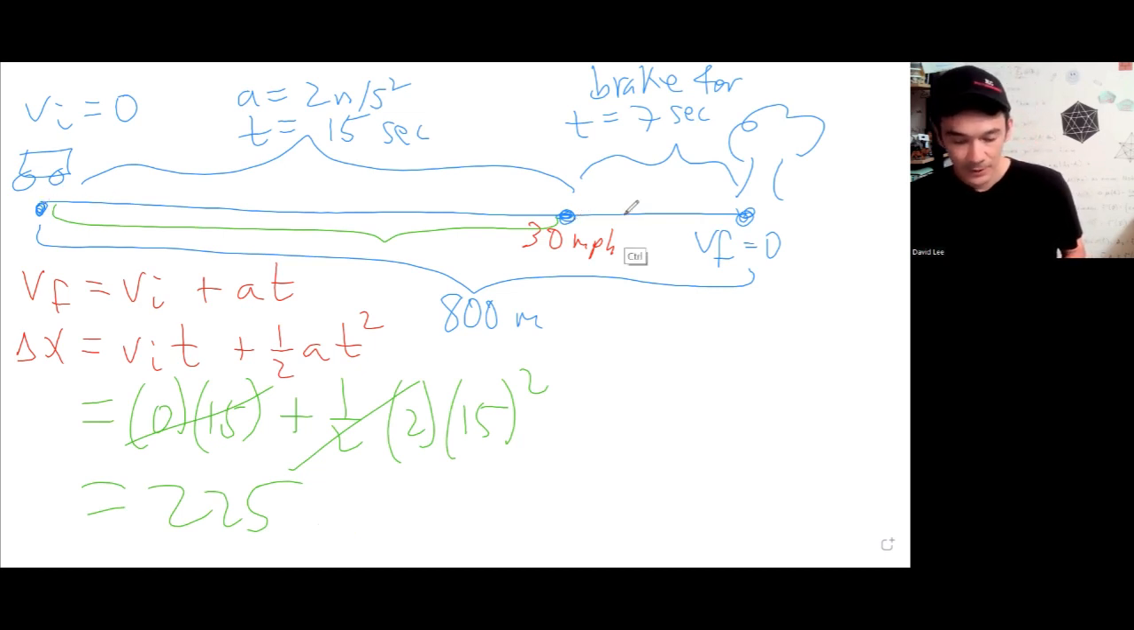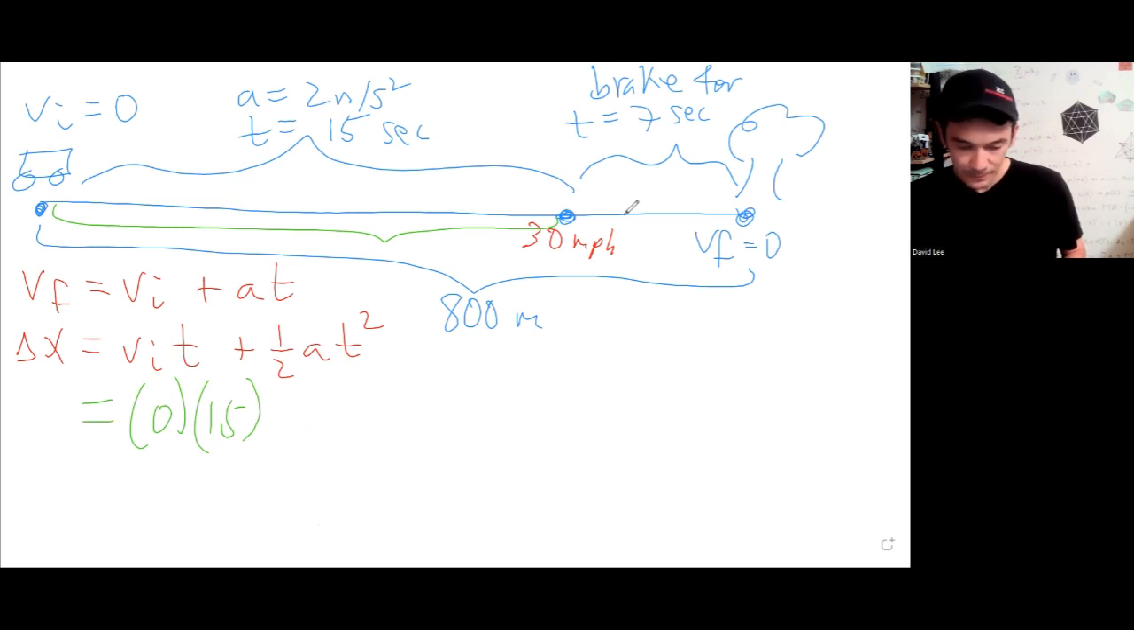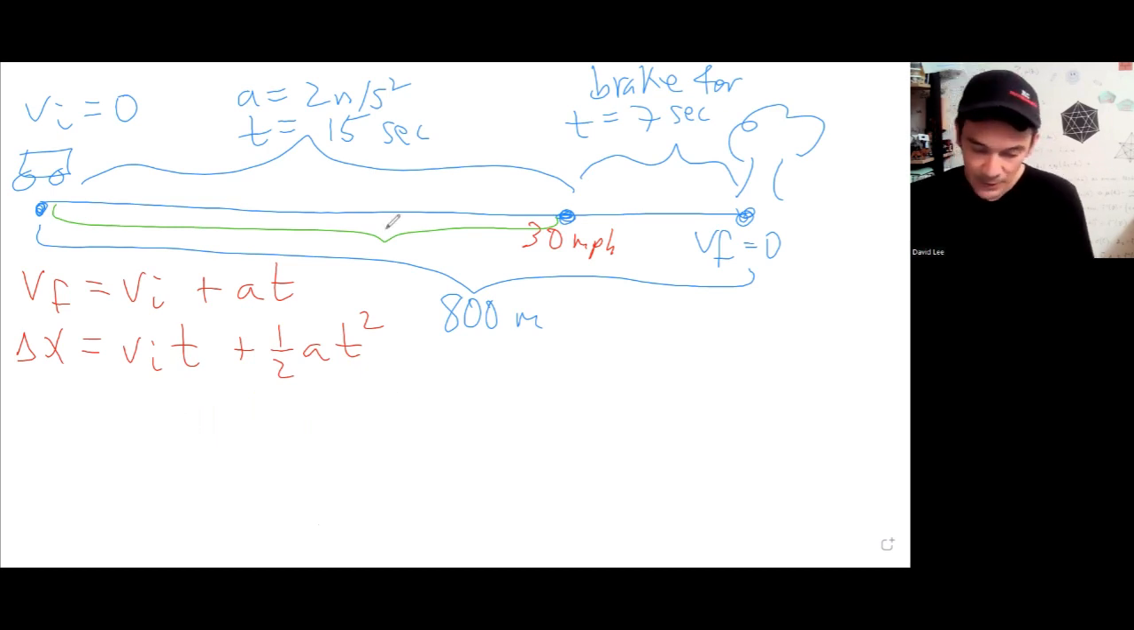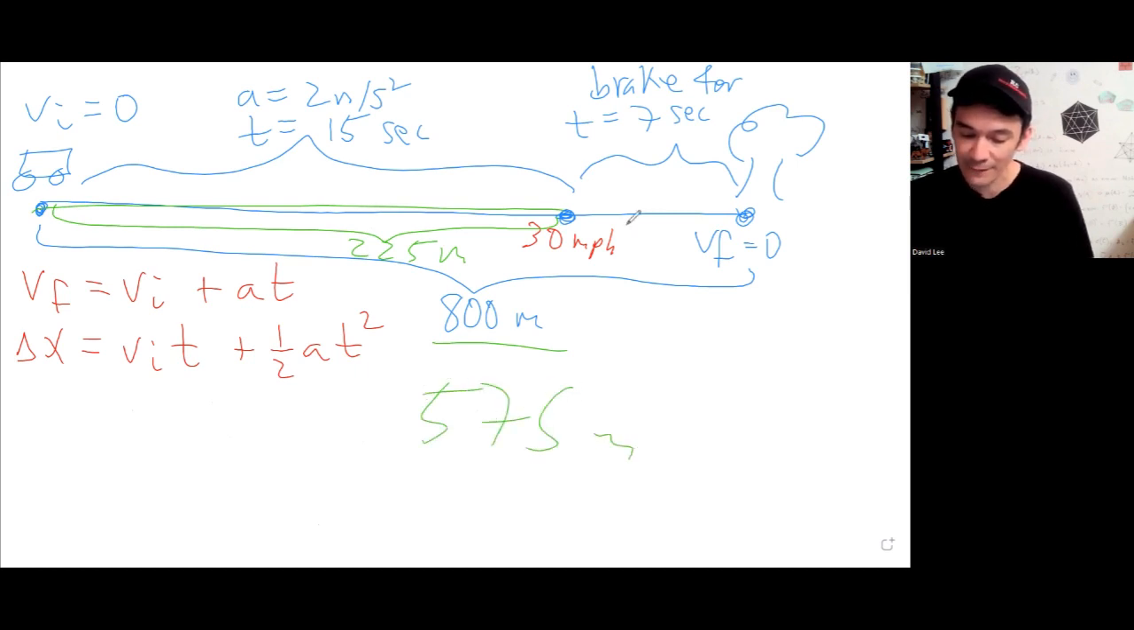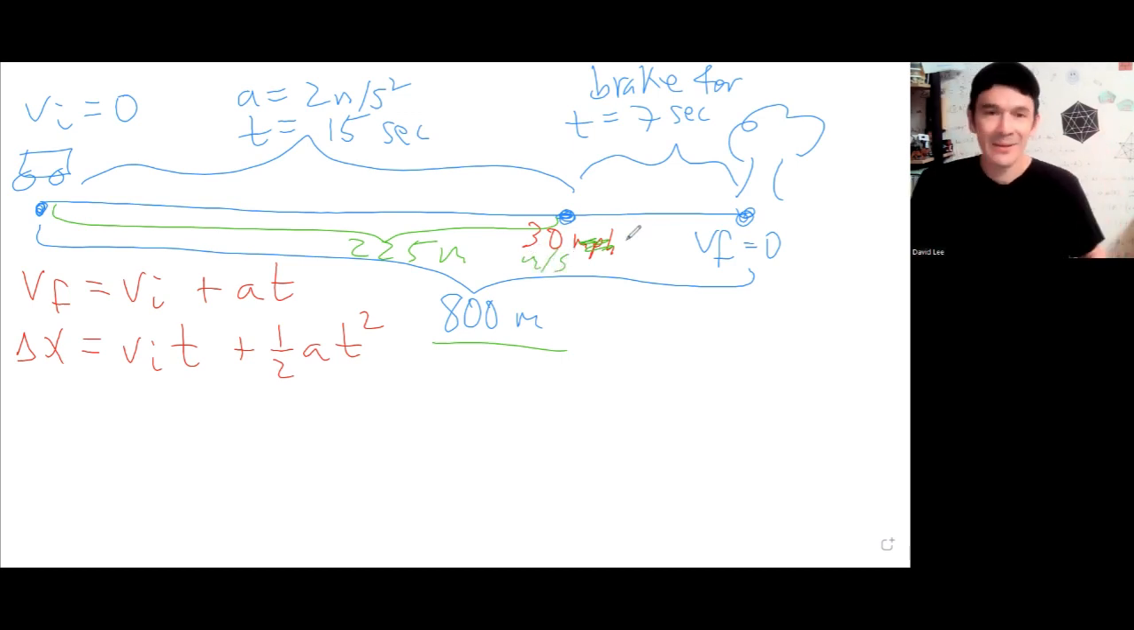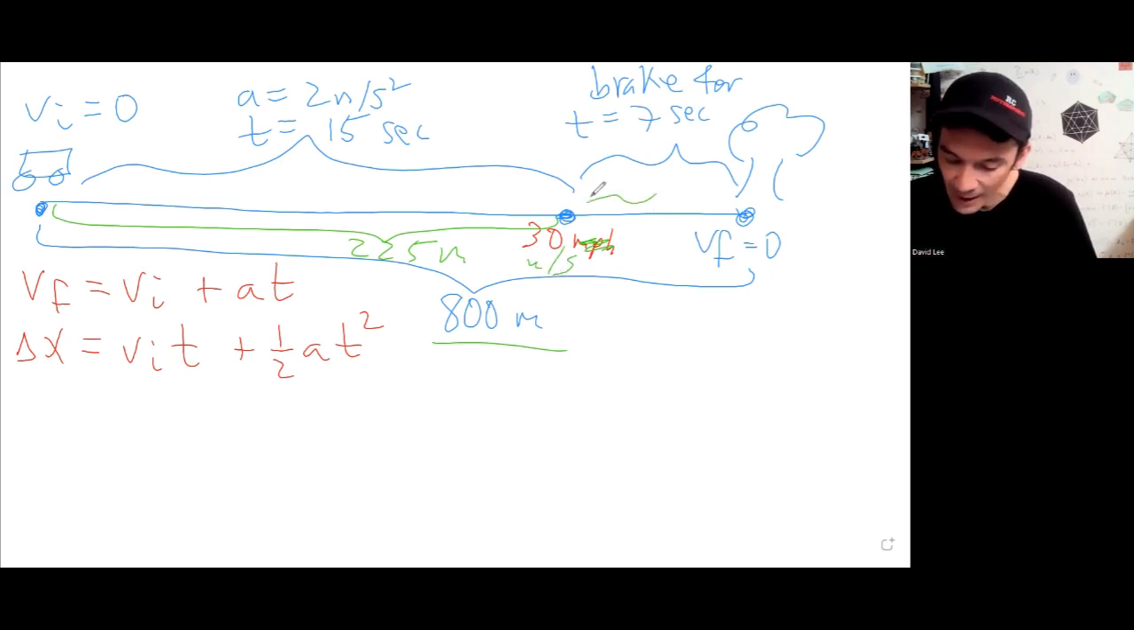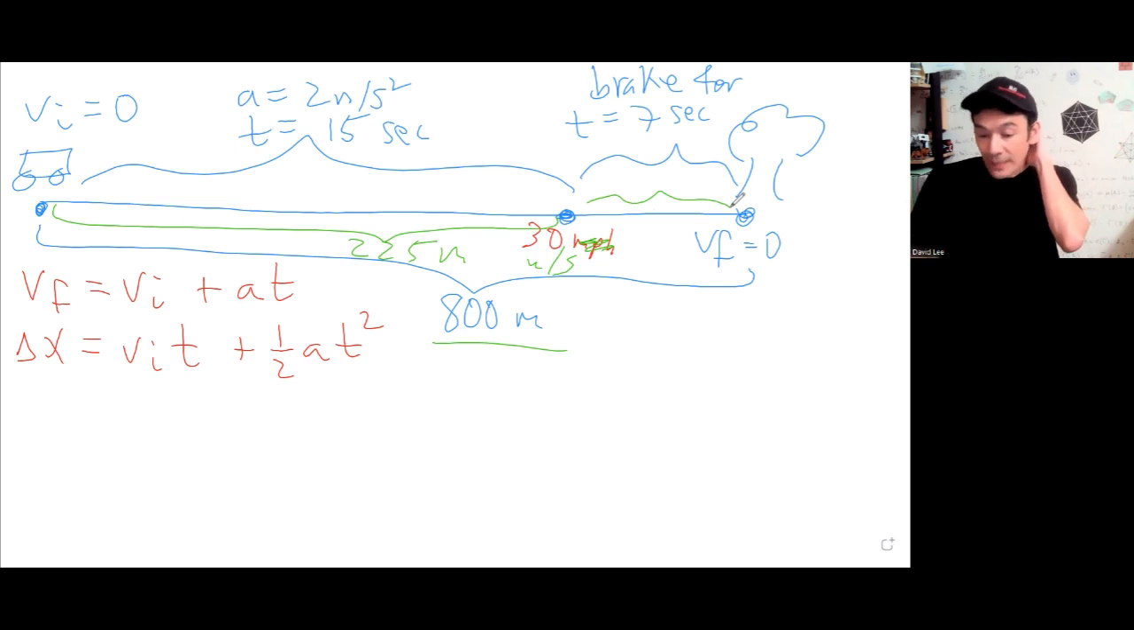So let me fill that in. 225 meters. Okay, let's see. So like that there. So we know this is 225 meters. Right now, the tree is looking pretty safe because it was 800 total. So far, you've traveled 225. You have 575 more meters to go. And you're not going that fast. You're only going 30 meters per second. I put miles per hour because I'm an American, right? So the tree's looking pretty safe. And so we have how much ground left to brake? We have